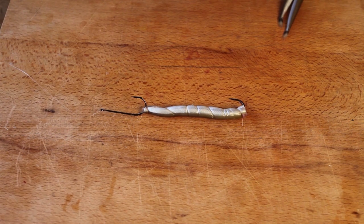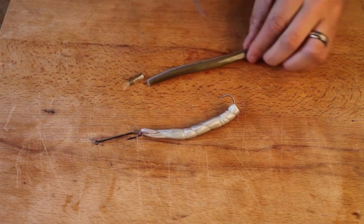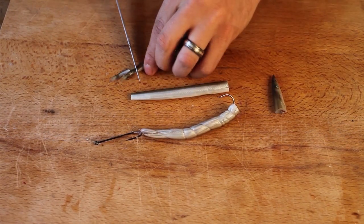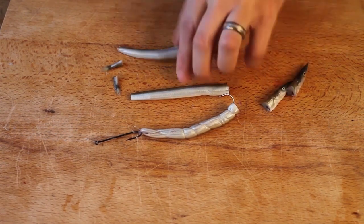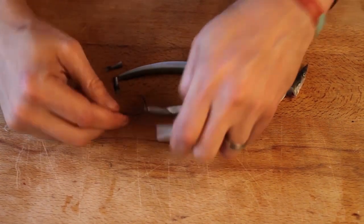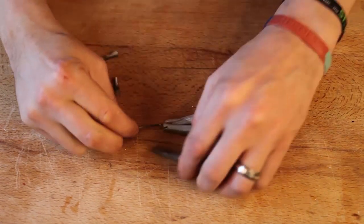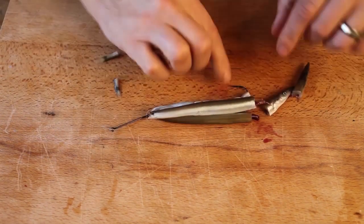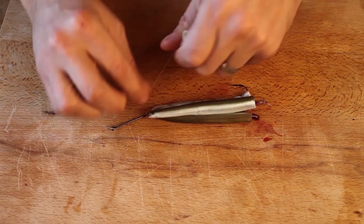Now if I was fishing for rays and bull huss, I'd get some more sandeels, cut the tail off and the head off, tail off and head off, try and keep them about the same sort of length, and then what I would do is hook 2 on like that. You don't need to hook them onto the bottom hook, and then out comes the bait elastic again,